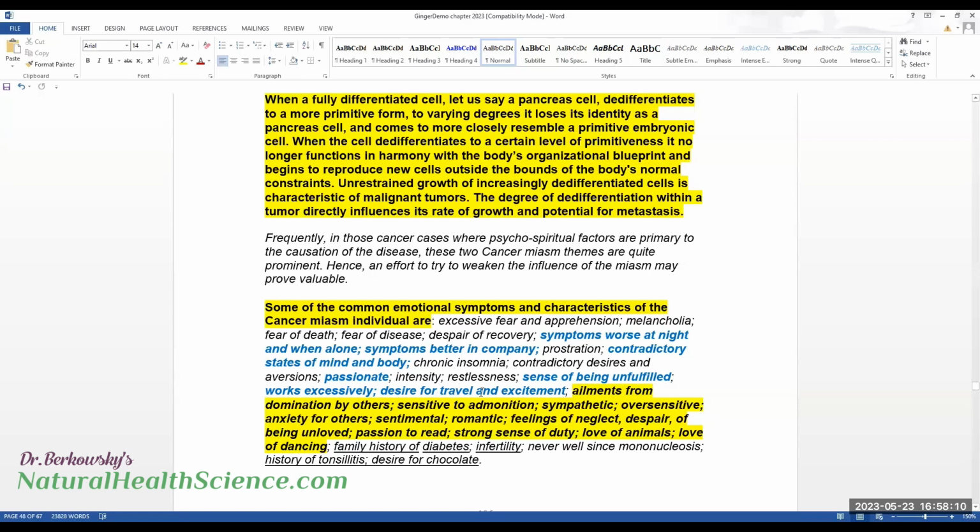Okay, I'm going to go to Provence. I'll walk through the lavender fields, or I'll go to Italy, and I'll stay out in the countryside of Italy, and it'll be great. And of course the 10 days of the vacation in Europe are over, and that's over. But there is another miasm that has a desire for travel, and that's a tubercular miasm. The desire for travel in tubercular miasm, and this is how you differentiate it,